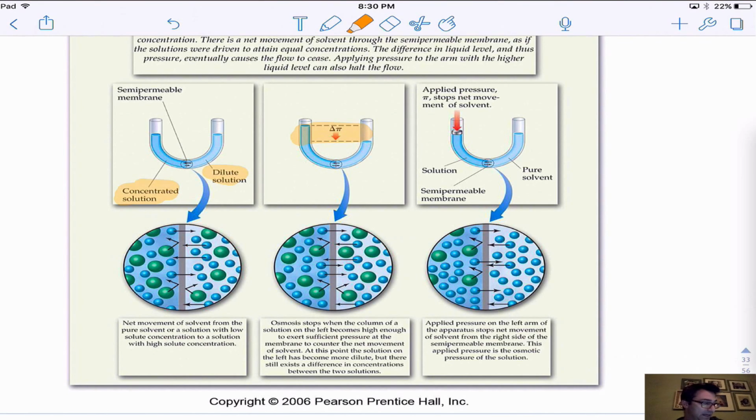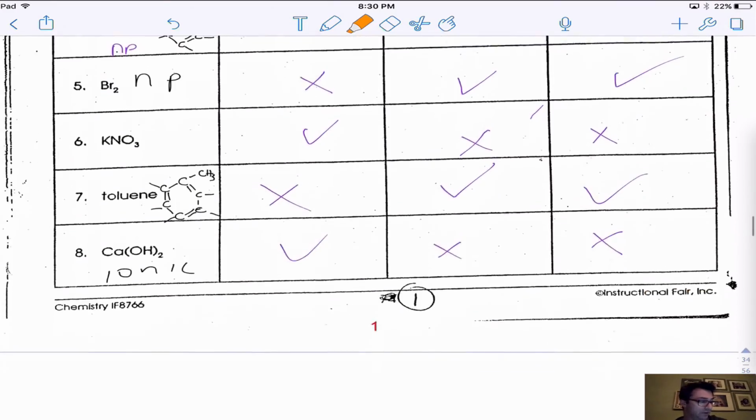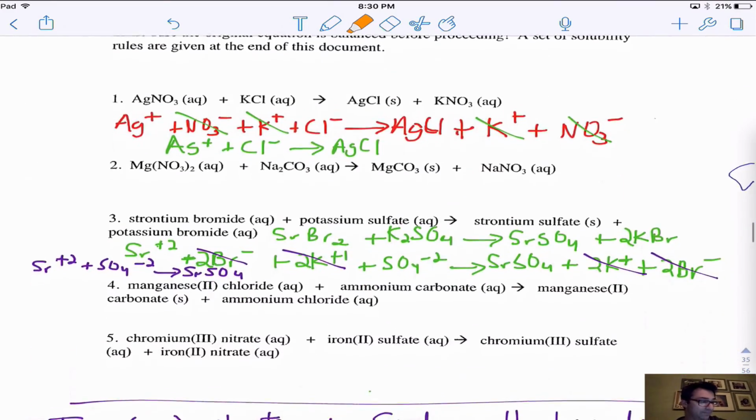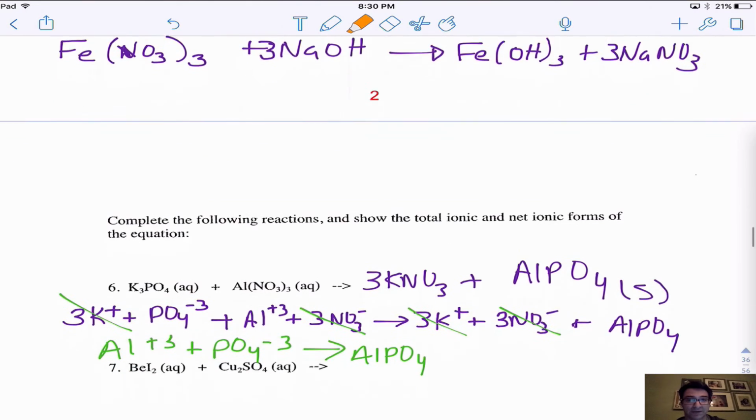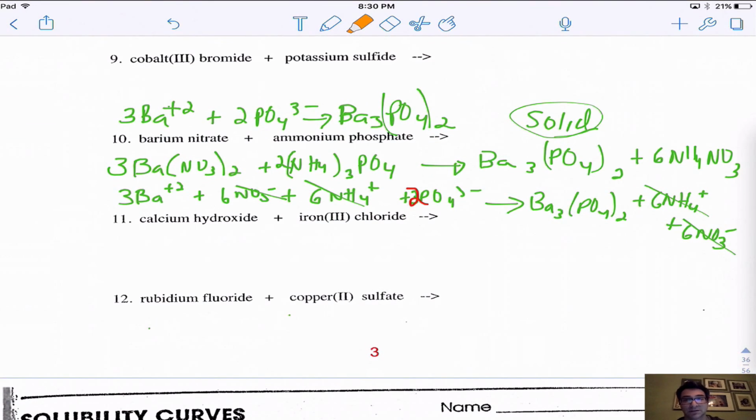This little segment down here, if you want to read this, it goes into some detail about each of the steps there and how the osmosis is stopped. So you have a bunch of practice problems that are attached to this. We've done a bunch of them, but there are some left over. I'm going to post a couple to go along with this video just so that I know that you watched it and that you understand the different types of